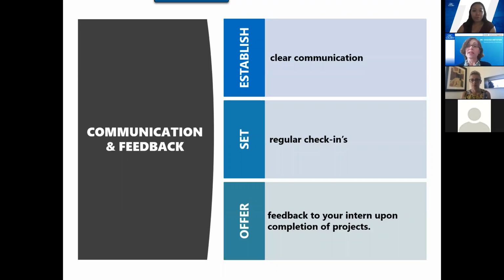So what makes sense? Probably the first week, you're going to have longer check-ins. That supervisor will have a longer discussion, and then it may shorten up as you move on. And you might be tempted, because we all get really busy, to want to cancel that. Like, I don't really have anything to talk to you about. But what you're signaling to that person when you say, I'm going to cancel this, is that I'm really busy and you're not a priority. So if you have to cancel it, reschedule it,